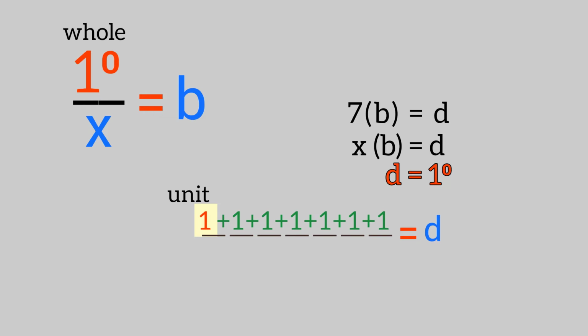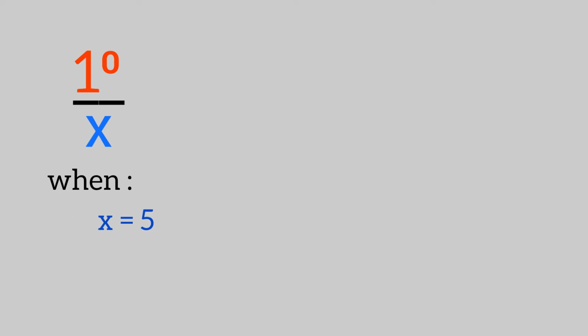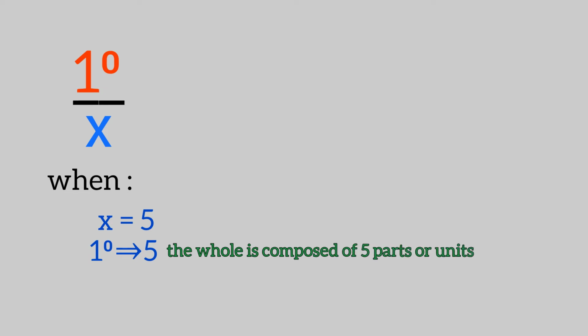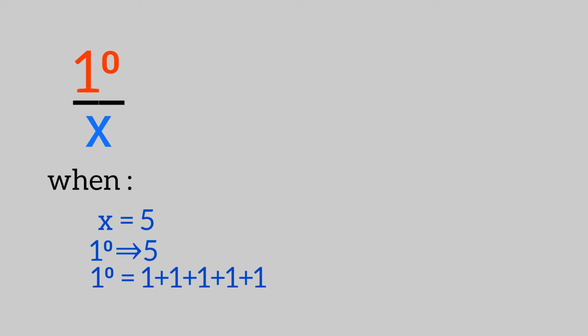Again, if we divide the whole by x, and the values of x are as follows. When x equals 5, it means that the whole is divided into 5 parts, which can be represented arbitrarily as, or means the whole is composed of 5 parts or units. Then we can write, or